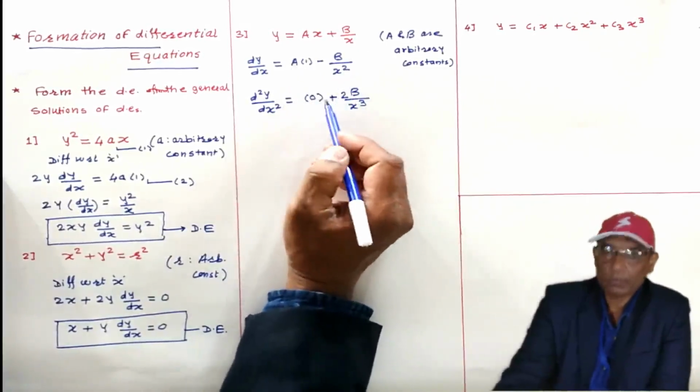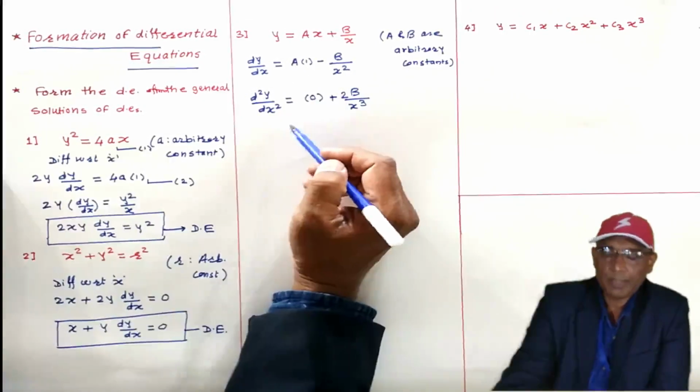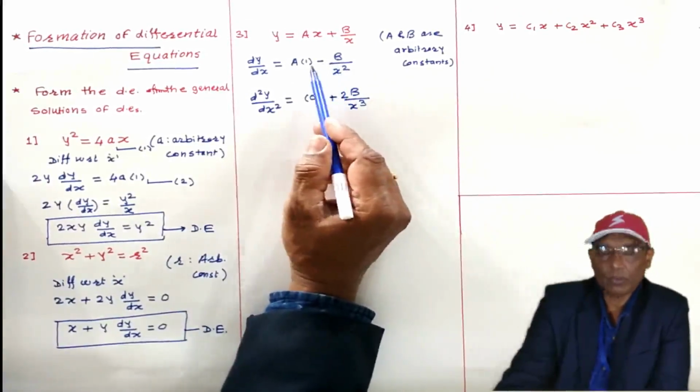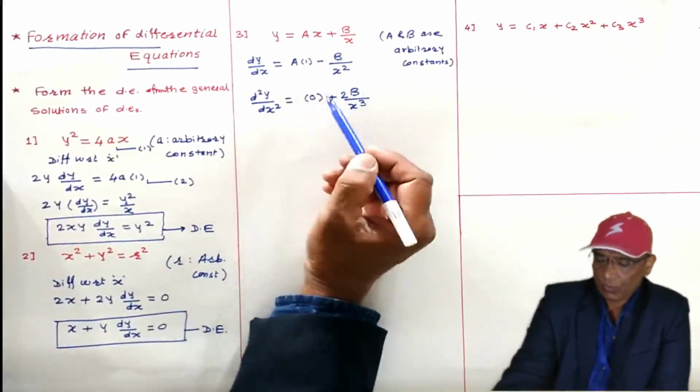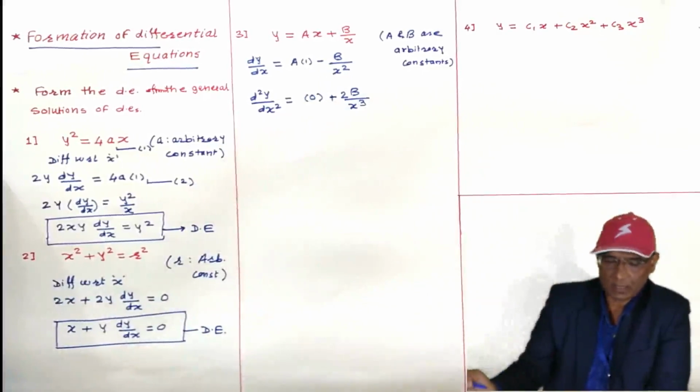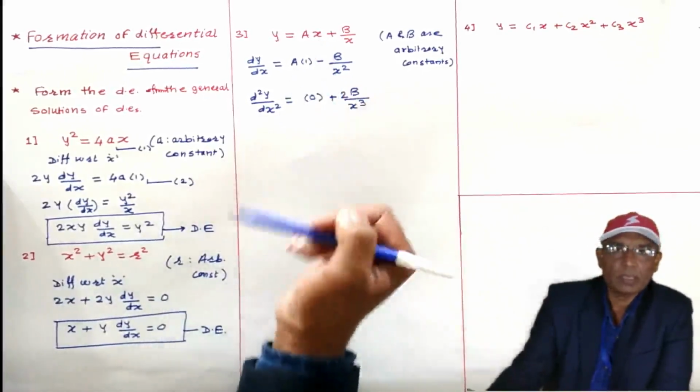In terms of a and b. Therefore, I am using determinants. I repeat, you can use your own method also. Find the value of a from here, put it there, find the value of b, put it there, and try to solve for 5-6 steps and get the answer. I am using the determinant method.